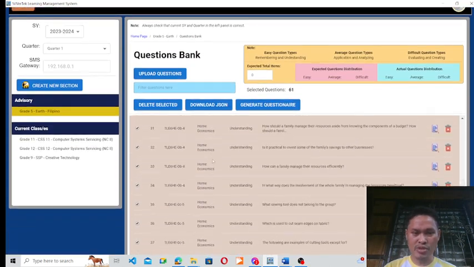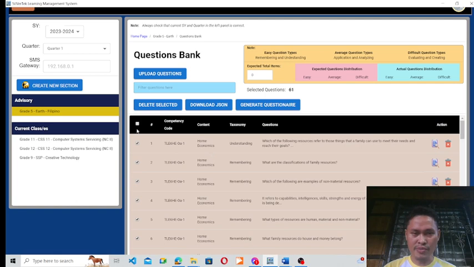Okay, so I'm going to select all of these questions, and I can see here that there are 53 easy questions, and there are 6 average, and there are no difficult questions. So therefore, there will be a problem in generating the questionnaire and also the TOS, because for the TOS we need to enter